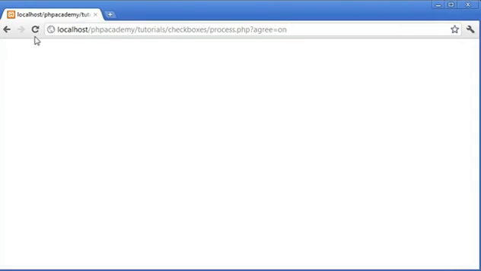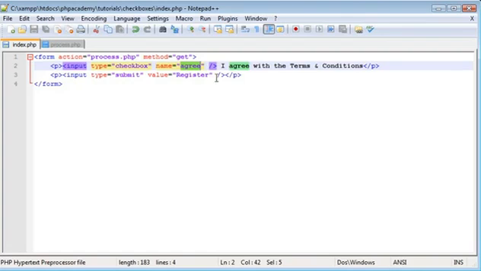Now you'll also notice that if we don't check the checkbox, the form element itself is not passed through. And in process.php we're going to be using the isSet function to actually go ahead and check this checkbox. So now that we've done the form and we know that the data is submitting properly, let's go over